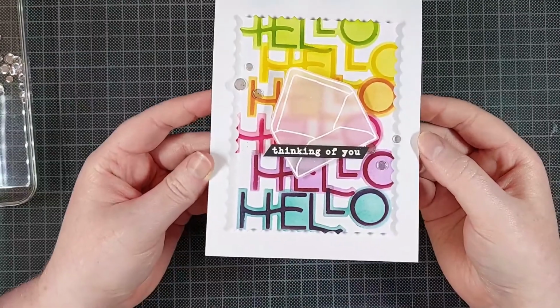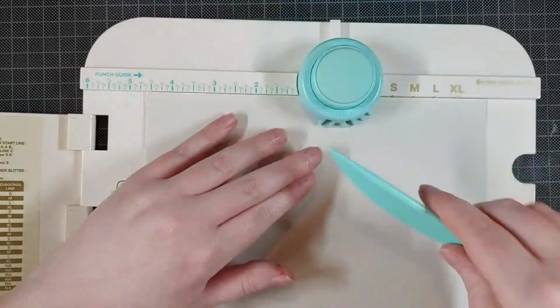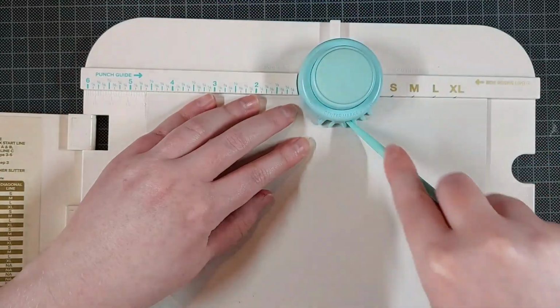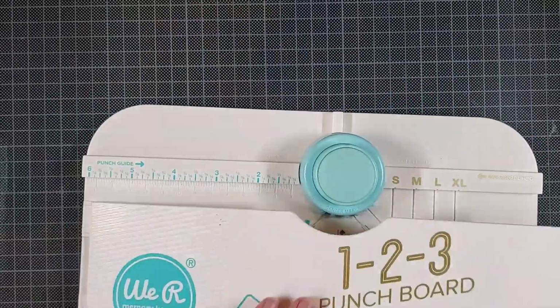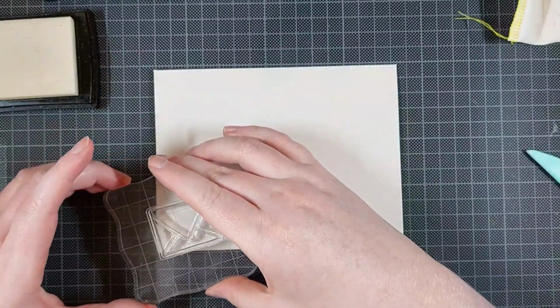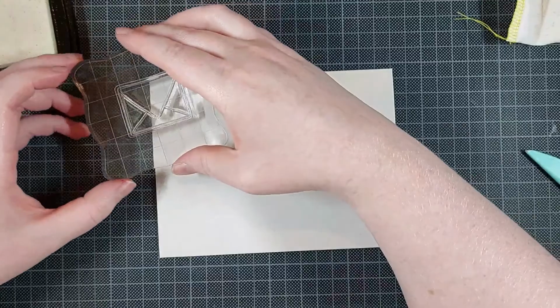But since you know me, you know I'll make a matching envelope at the end of the video. I'm using a light gray cardstock here and following the instructions on the punch board to make an A2 sized envelope. I will reinforce the score lines with my bone folder. I'm stamping an image from that same stamp set 3 times with Versamark ink onto my envelope and embossing